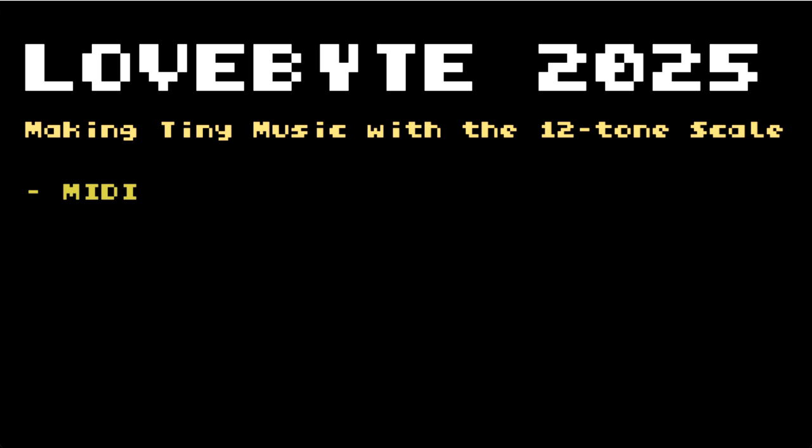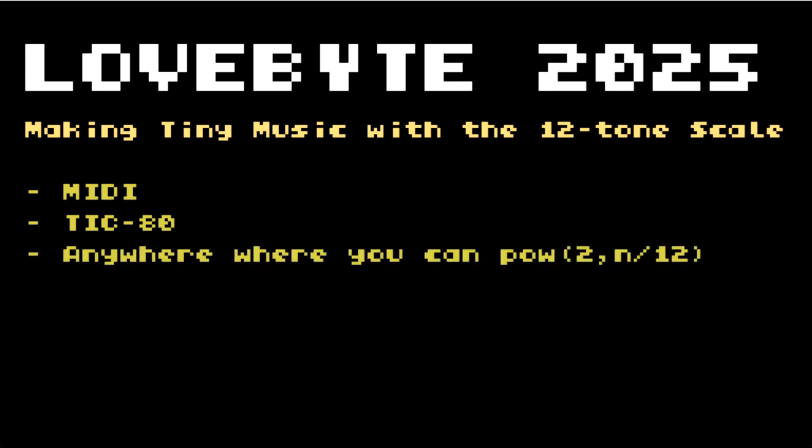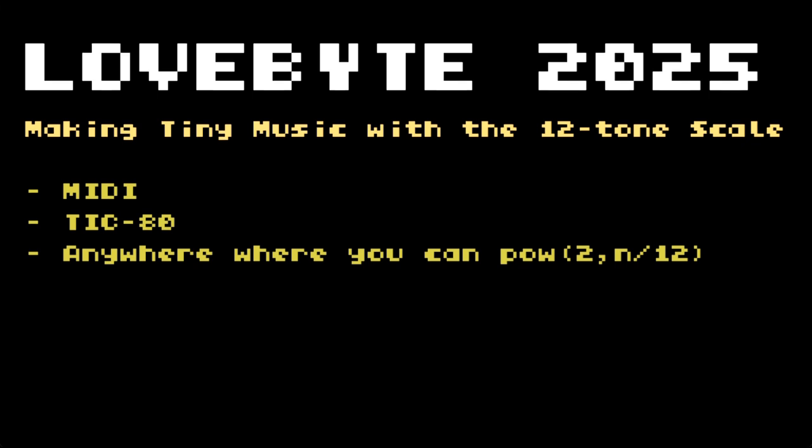Another example is the Decade audio system, which I will use for today's demonstrations because it is easy to make visualizations with it, giving you a better visual idea of what's happening behind the equations I'll be discussing. Even in arbitrary JavaScript or bytebeat or shader music, since you have a cheap power function available, it is fairly easy to generate the 12-tone equal temperament tuning with something like 2 to the power of n divided by 12. Some of the tricks I will teach you today might motivate you to use this method even in shader music